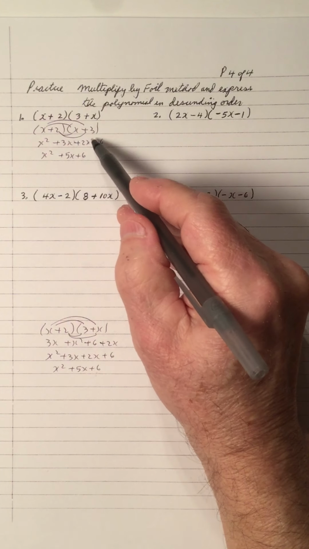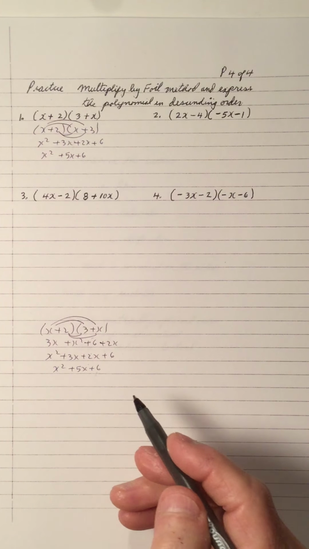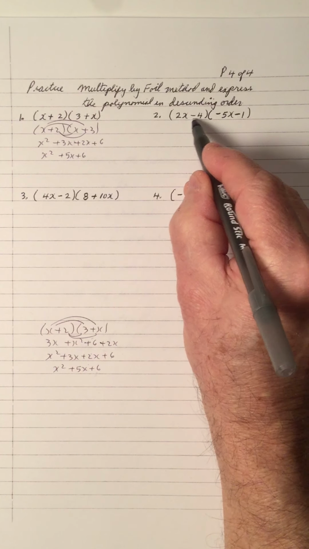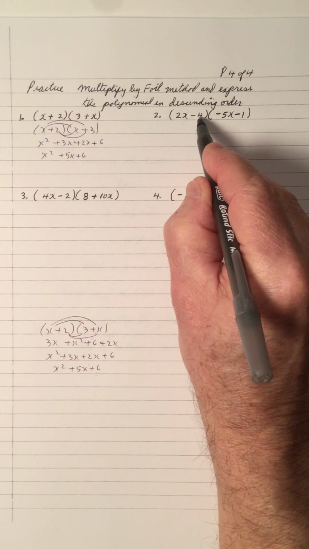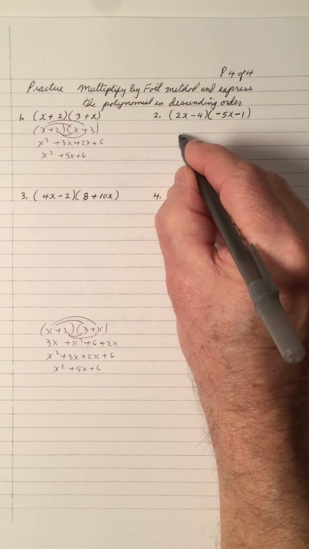And it took 1, 2, 3. It took 1, 2, 3. Still took 3 steps. So do you want to change them? Or so these are already in these. Let's look at number 2. These are in descending order now. There's an x and a constant, so I don't have to change these. First is